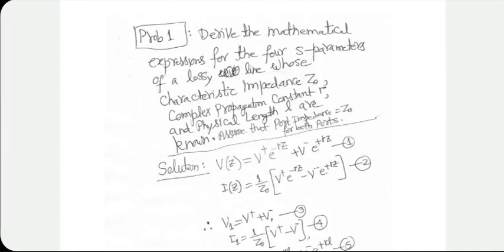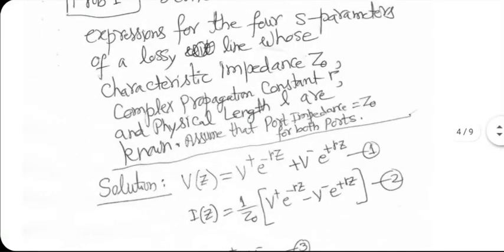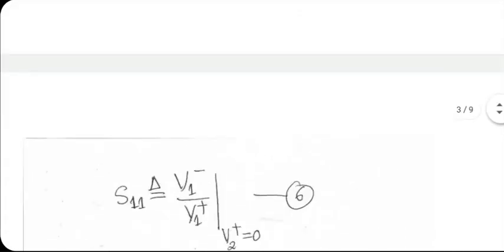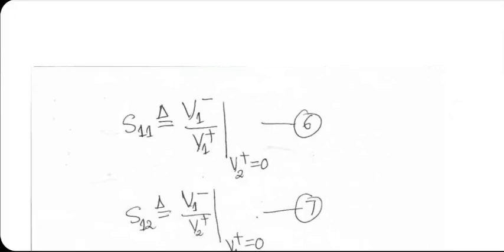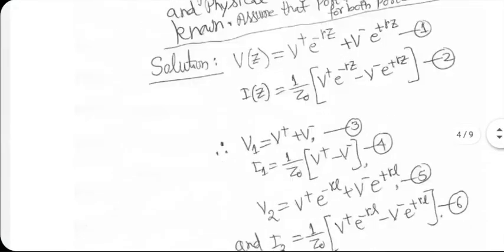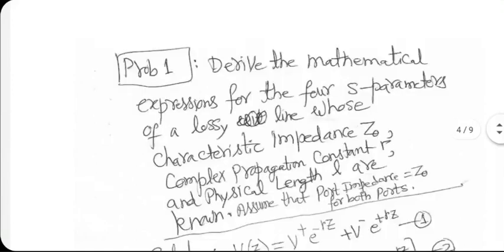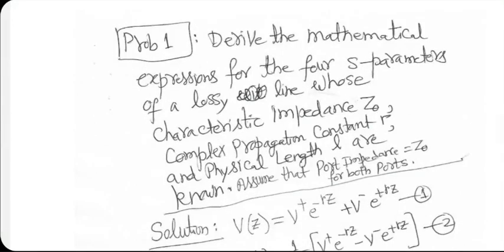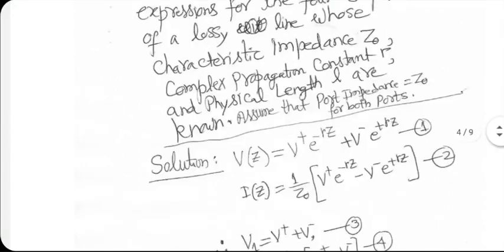So, how do we handle this problem? Purely on paper. I have a lossy transmission line. These are the two well-known equations. Let's apply the four definitions systematically. S11, what does it say? It says you terminate the output port in a matched load and take the ratio of reflected voltage and incident voltage at the input. Okay, let's try that. And I'm assuming that the characteristic impedance of the line is the same as the port impedance. So I'll be terminating the line with Z0 in this case at least.